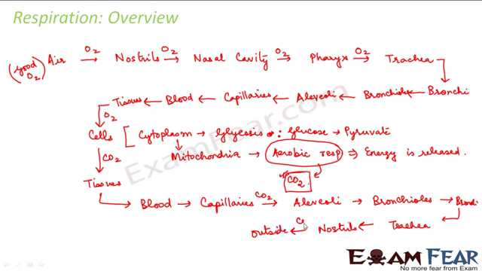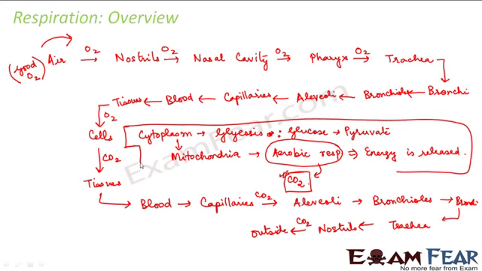So what went outside? Carbon dioxide. So we see carbon dioxide went outside and oxygen came inside, and here the entire process of internal respiration took place. Clear? So respiration is about two things. It is exchange of gases and the internal oxidation of food to release energy. So I hope that this video on respiration would have helped you to understand the process of respiration.